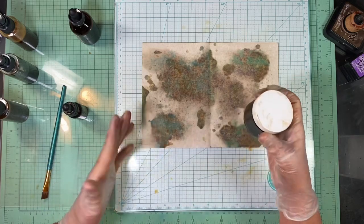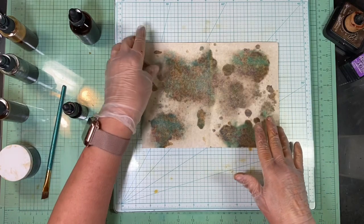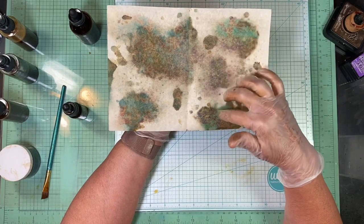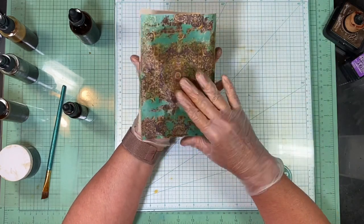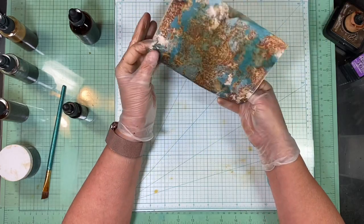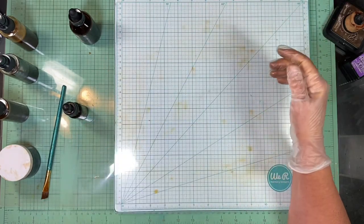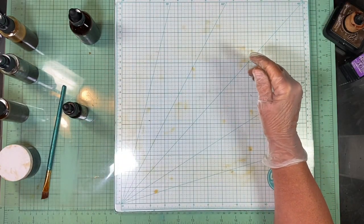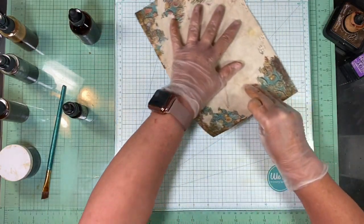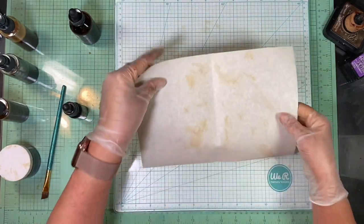I don't put the little round ring on all of them because then, to me, it loses its effect. But again, as you can see, with the alcohol ink you're going to be able to see this color on the other side. It doesn't really mess up the front very much. Okay, so as you can tell, you'll be able to tell better when it dries. But then I just keep going through the pile, and the wetter you get it, the more it's going to do that. If I have ink sitting here, I'll just take this and mop it up with that. Okay,